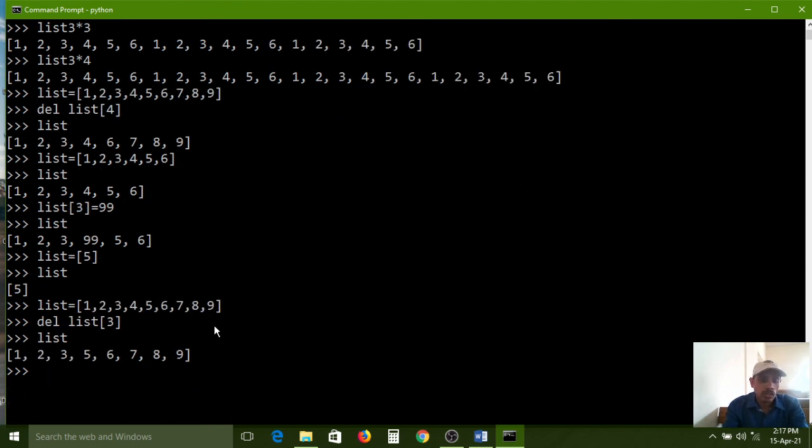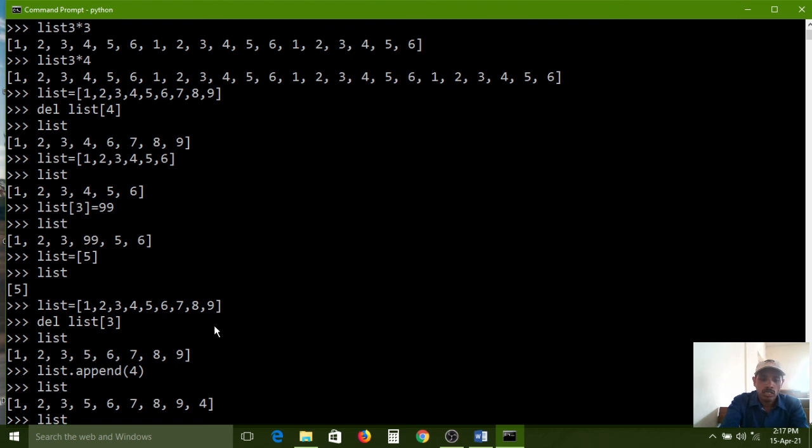Now I want to add this one back. How to add it? There is the append operation. List dot append 4. All of you carefully observe, the fourth element has been added at the end now.